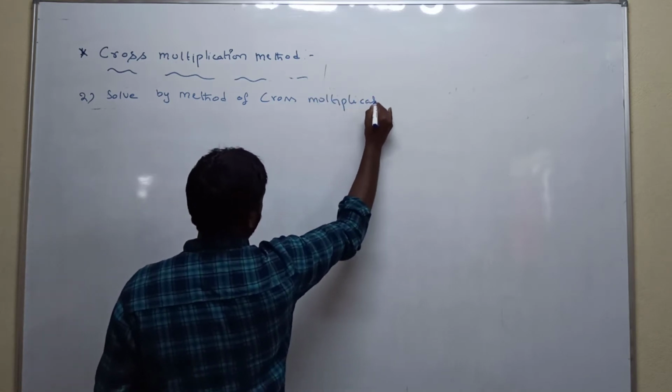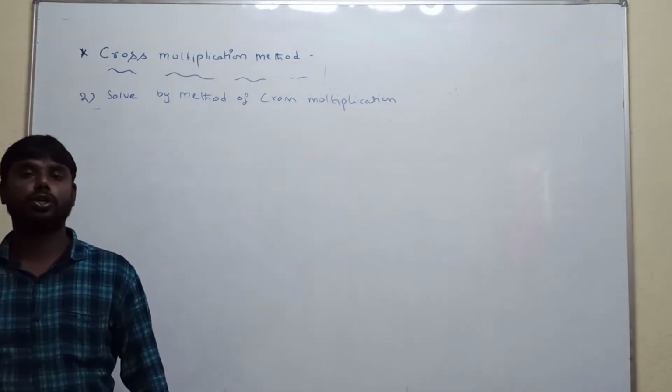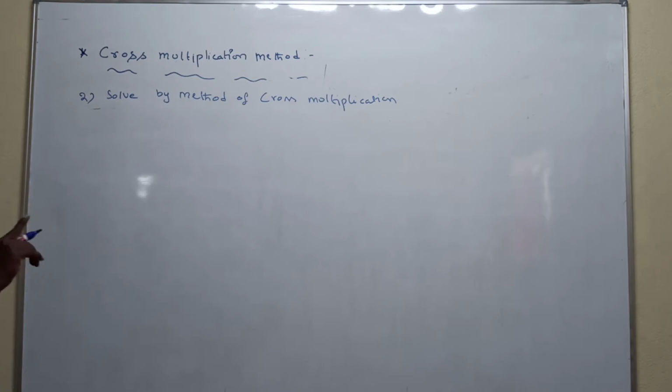You know how I can? What are the given equations? We can compare them with a1x plus b1y plus c1 is equal to 0, a2x plus b2y plus c2 is equal to 0. What is the formula for the cross multiplication? x comma y is equal to a1 b2 minus a2 b1 divided by b1 c2 minus b2 c1. Same like here also. Next one is b1 c2 minus a2 b2 c1 divided by a1 b2 minus a2 c1. So you know how to solve the given equations by using the cross multiplication. You can apply this one only.